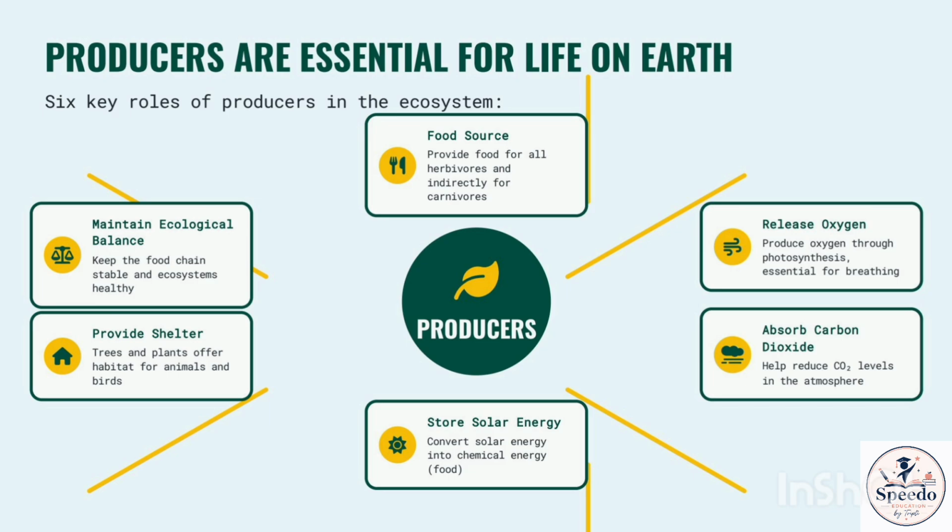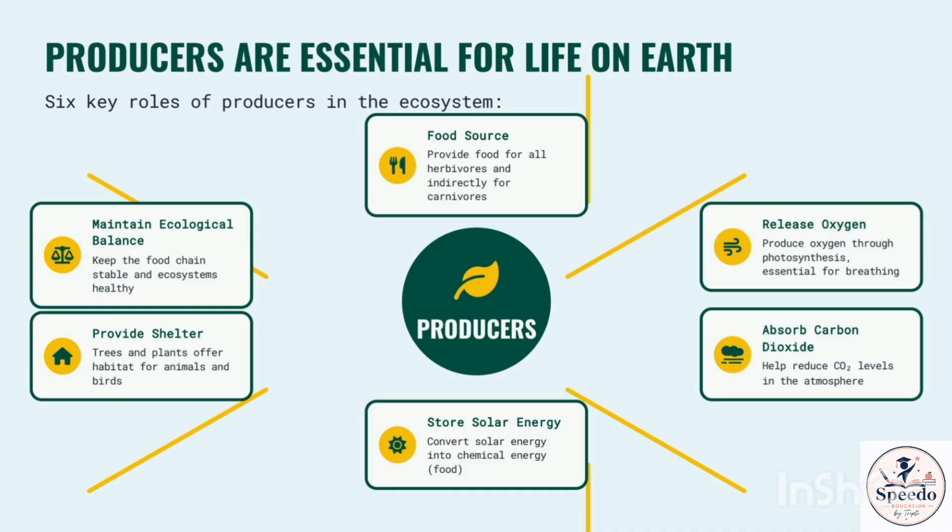The fourth requirement is chlorophyll, the green pigment found inside the chloroplast of plant cells. Chlorophyll absorbs sunlight and provides the energy needed for photosynthesis. Using these four components, plants produce glucose, a simple sugar that serves as their food. Any extra glucose is converted into starch and stored in different parts of the plants, such as roots, stems, fruits, and seeds. The plant uses this stored food whenever it needs energy.